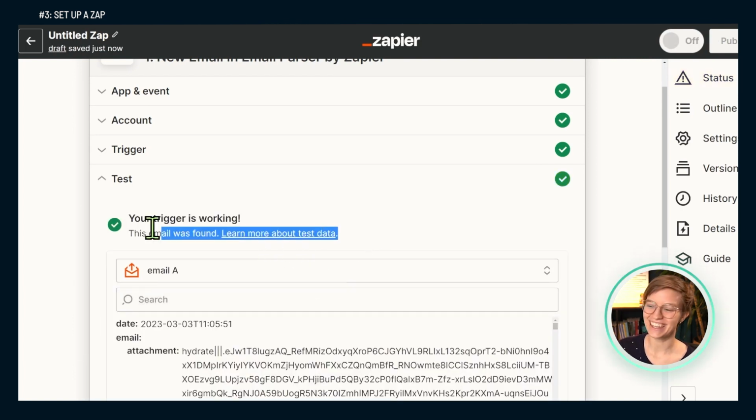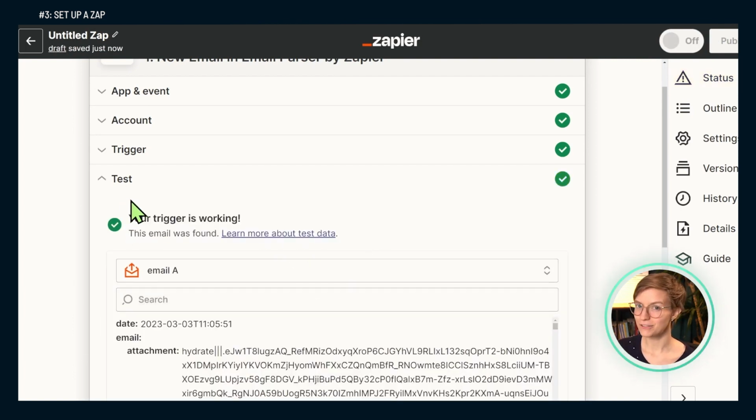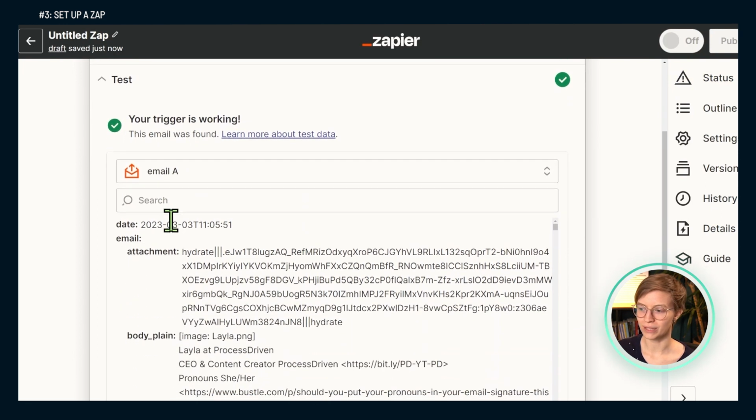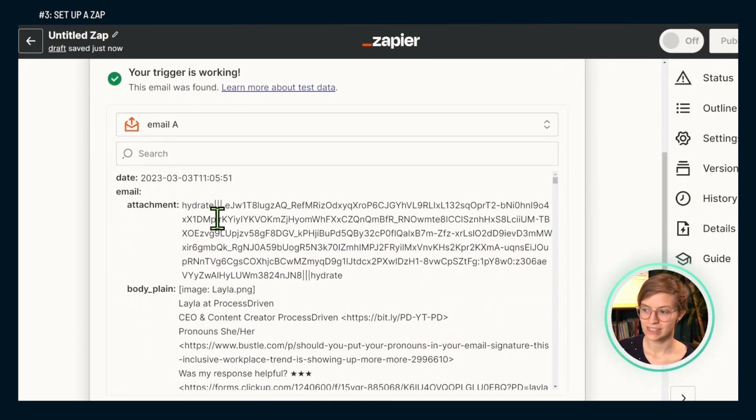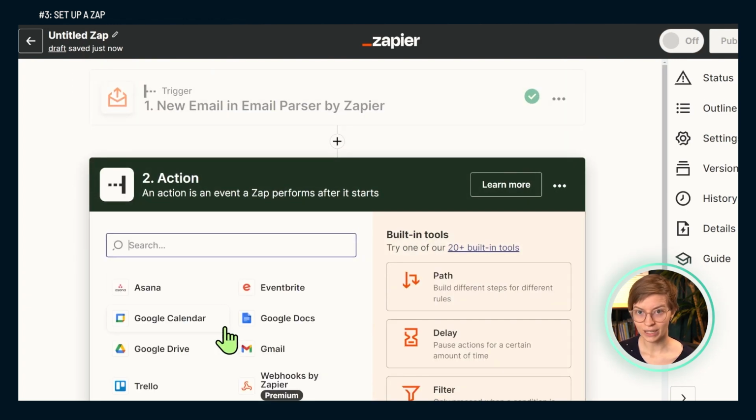In this case, look, it didn't yell at us, wasn't scary at all. If you're a little bit of a geek though, you could take a moment right here and just look at what came out so we can see what the email was, how it was received, and so on, and it looks pretty good. So from here, I'm going to go ahead and click continue and move on to the next